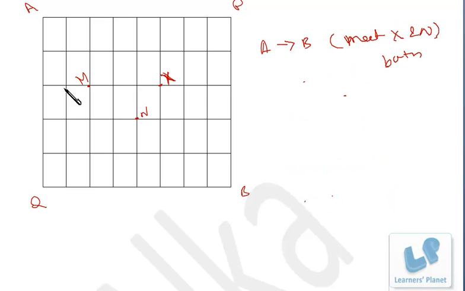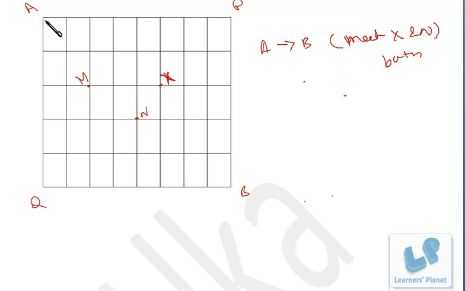Now the next question is, in this network, suppose this is one place, this is one place, maybe this is a temple, maybe this is a school, and we have to start from A and we have to reach B, and we have to visit both the places, right? Not necessarily in any order, but we have to visit both the places, school and temple, both of them, right? So how many ways will be there?